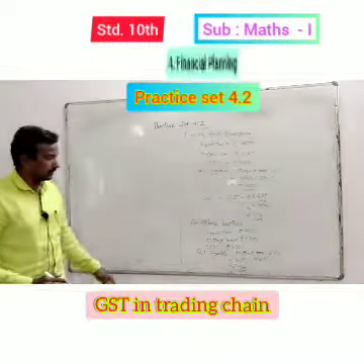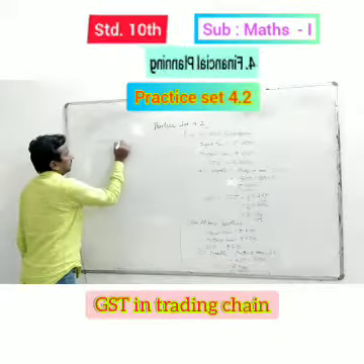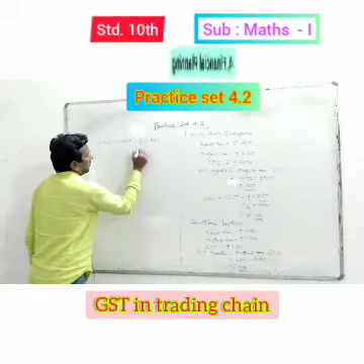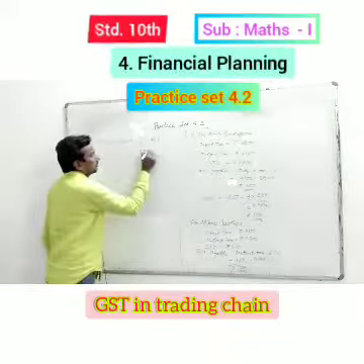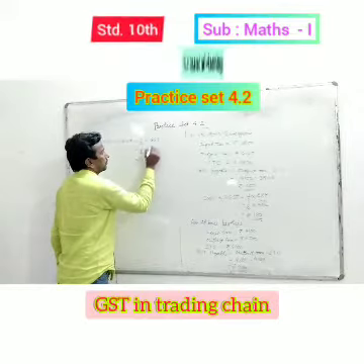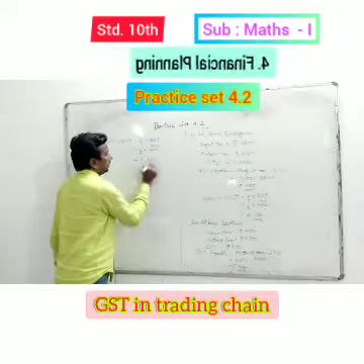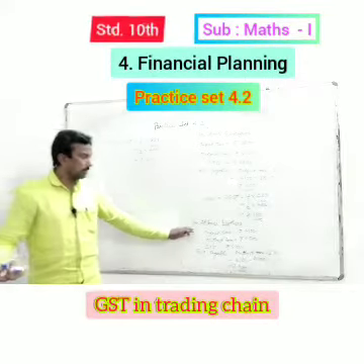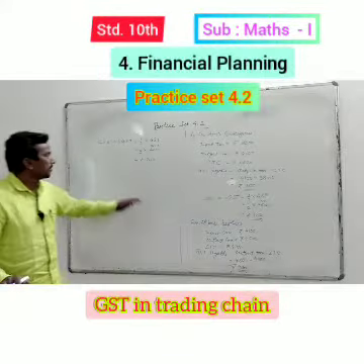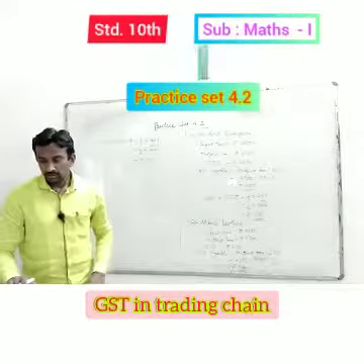Now, again find CGST and SGST. We know CGST is equal to SGST, and each is half of GST. Therefore, half of GST, the amount of GST being rupees 400, divided by 2, is rupees 200 each. So for Akbari Brothers, the amount of GST payable is rupees 400. The amount of CGST is rupees 200, and the amount of SGST is also rupees 200.